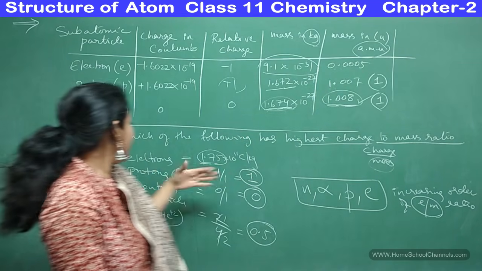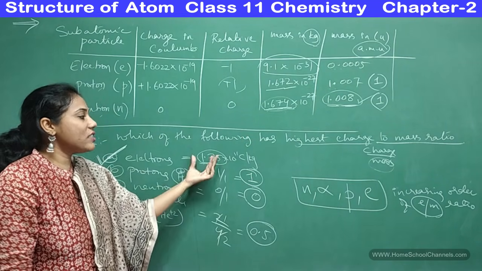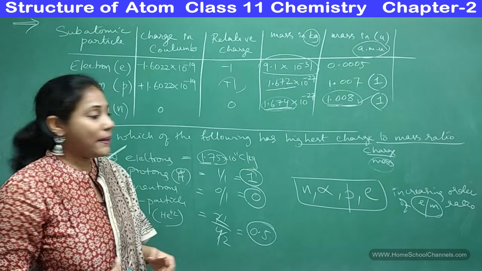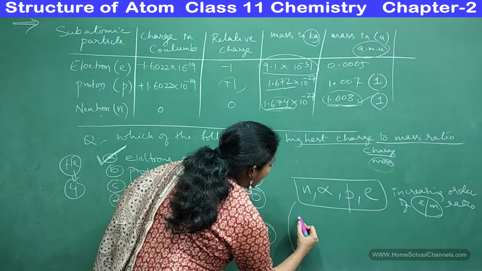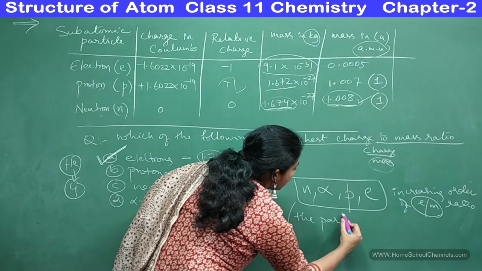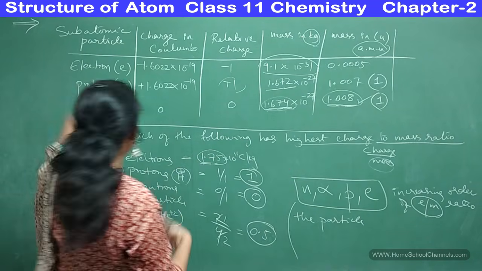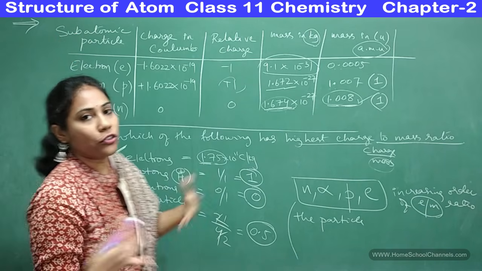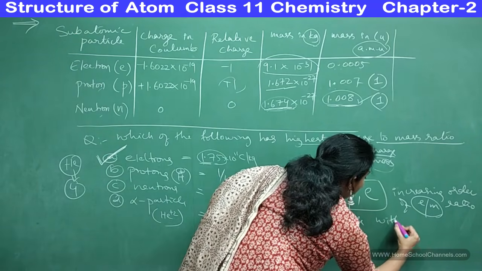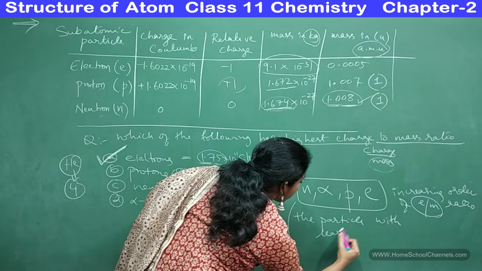So that's the reason in case of electron you will find highest charge to mass ratio. So that is one trick that you can remember. Let me write that the particle, any particle here, electron, proton, neutron, alpha particle or whatever, the particle with least mass